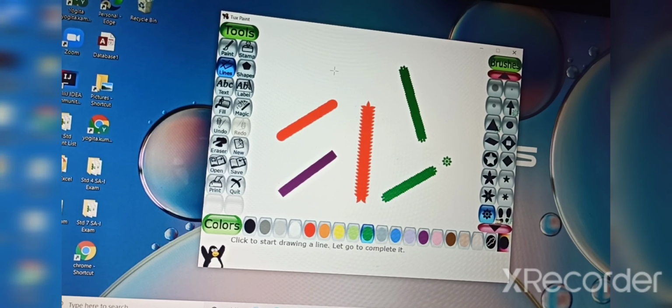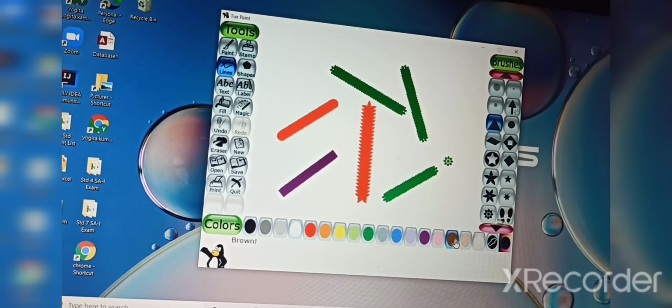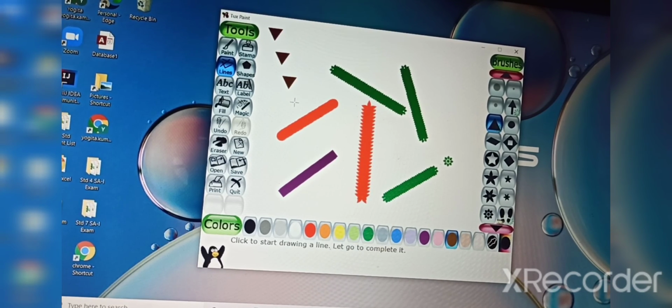Now I will change the pattern, and the color is this. Now see how it will look like. See, like this it will work.